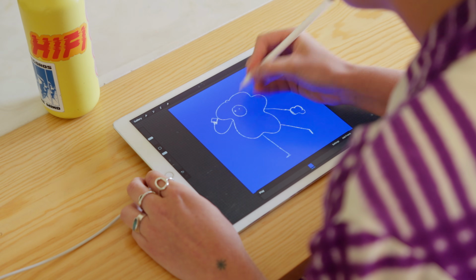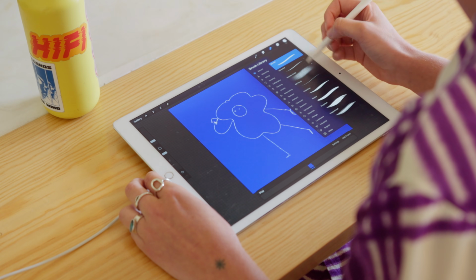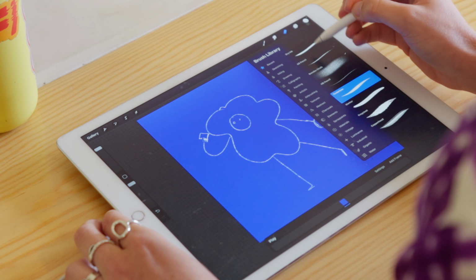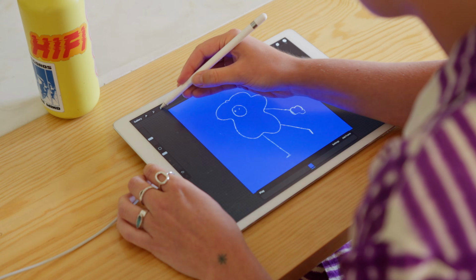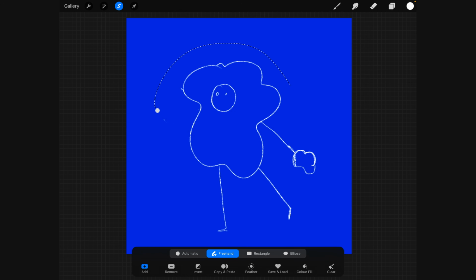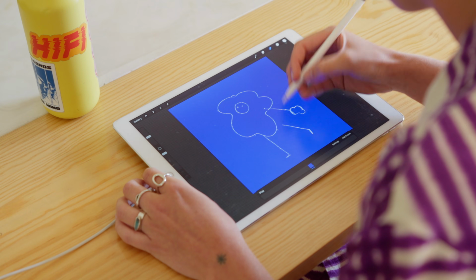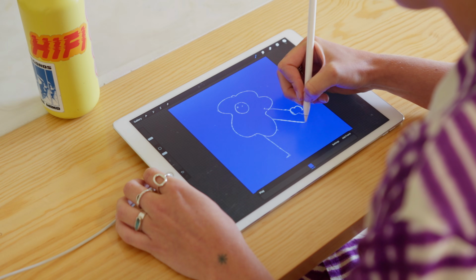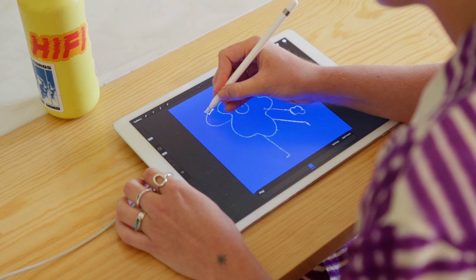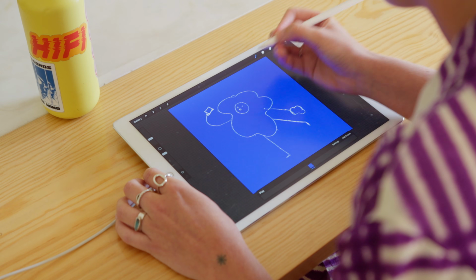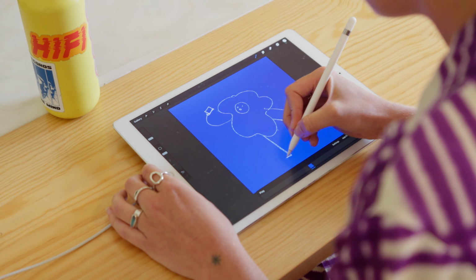So maybe we can erase this, make sure our eraser is on something a bit chunkier so it's actually going to do its job. And maybe we can use this selection tool and rotate this a little bit, have this be a little bit more of an extreme pose, because we want to have the most extreme pose at the end. And because we're using this pose-to-pose method, we're going to go through and animate all of the most extreme poses and then fill in the gaps at the end. Cool, so that's looking pretty good.